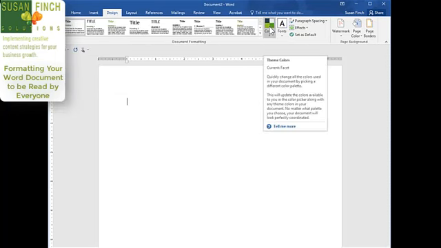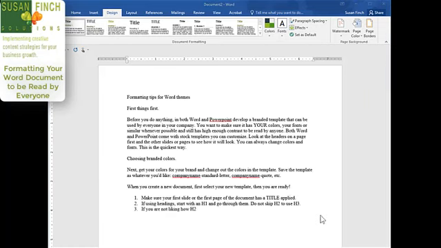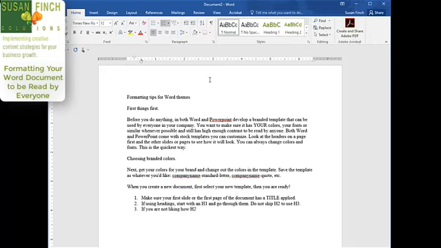I like the contrast. And then I can also decide on what I want the headings and things to look like. I've put a little bit of copy in here from a post that I'm working on, and we'll use this as our example. So now I want to see what it's going to look like, but the first thing I'll have to do is apply some of the outline themes so you can see. Go back over to Home, and for this first line, we're going to go ahead and say that it is